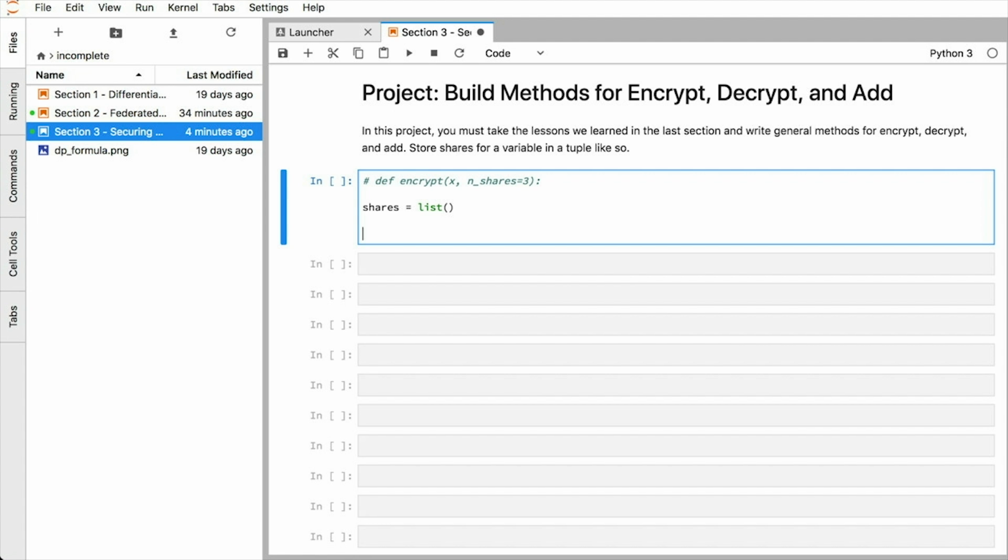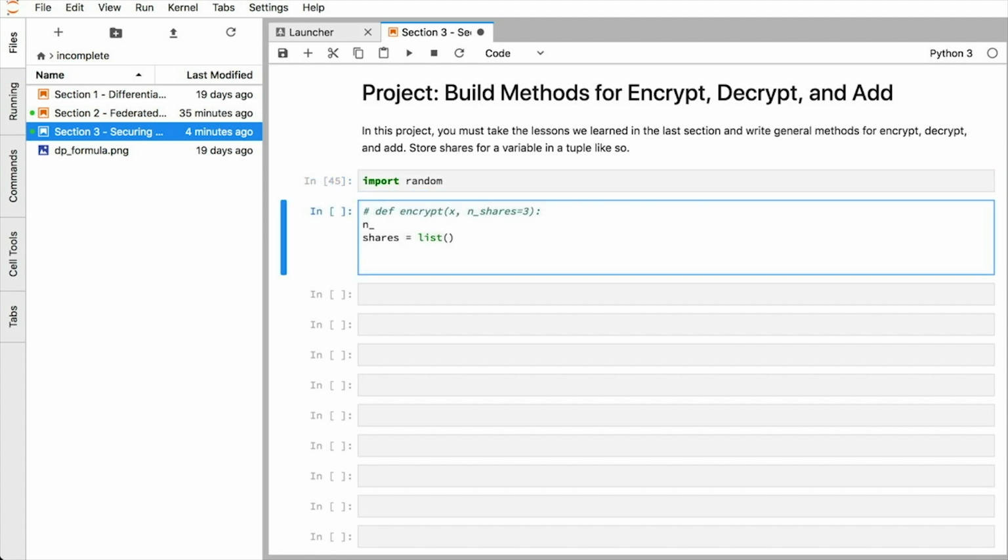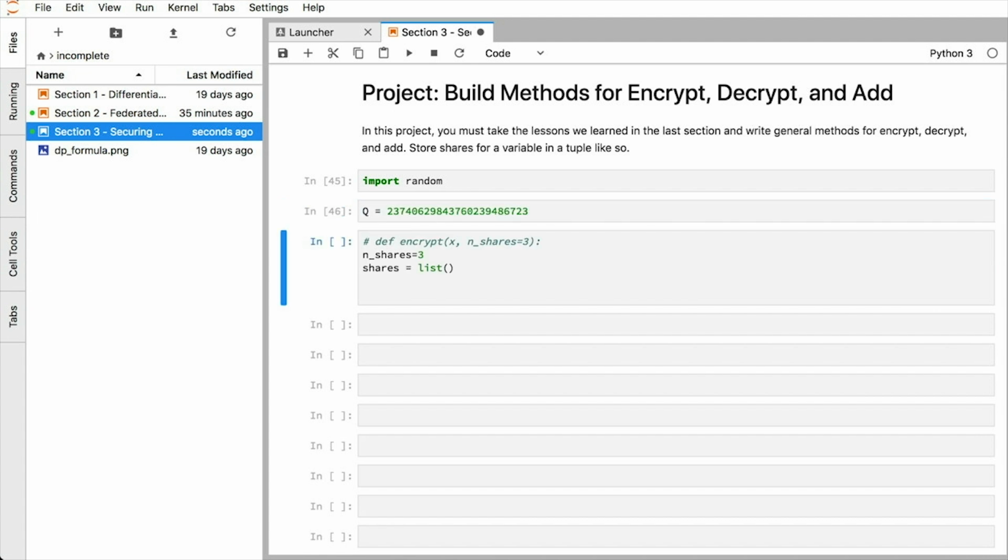And the first thing that I can do, under the assumption that we were generating 3 shares, is generate the first 2 shares totally randomly. And then it's just about figuring out what to set the third share value to so that their sum actually sums to the appropriate number, modulus q. Now, first thing we want to do is choose a really large q as well. So that would be a nice thing to have here. We can use this big number here.